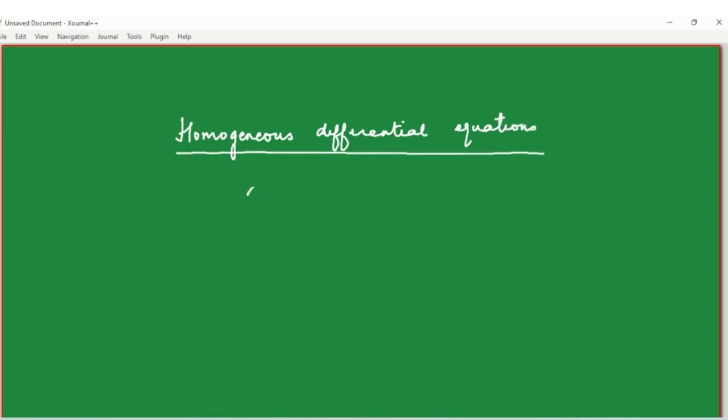Hello everyone, in this video we are going to talk about another set of first order first degree differential equations which are called homogeneous differential equations. Now a first order first degree differential equation is said to be homogeneous if it can be put in the form dy by dx equal to a function of y by x. So whenever we encounter a differential equation which looks like this, then we call it homogeneous,